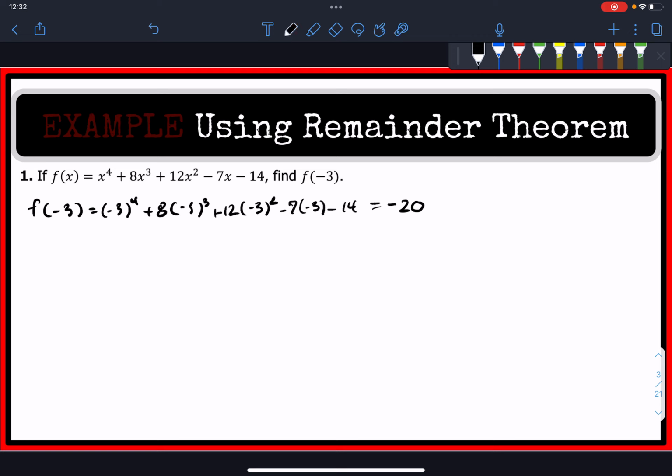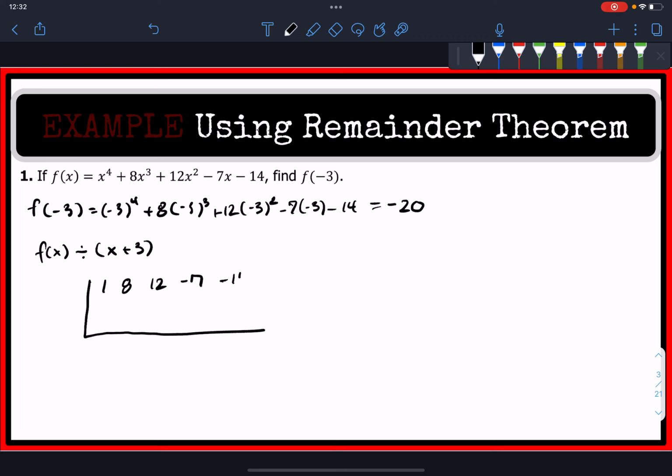I can get that solution a lot quicker by using, again, the synthetic substitution. So by evaluating f of negative 3, what I'm doing is getting this function, f of x, and dividing it by x plus 3. So using synthetic division, where I use the numbers 1, 8, 12, negative 7, negative 14, and a negative 3 out here,